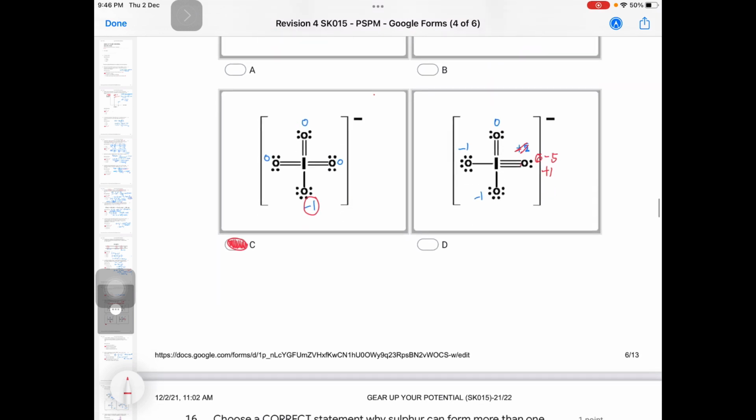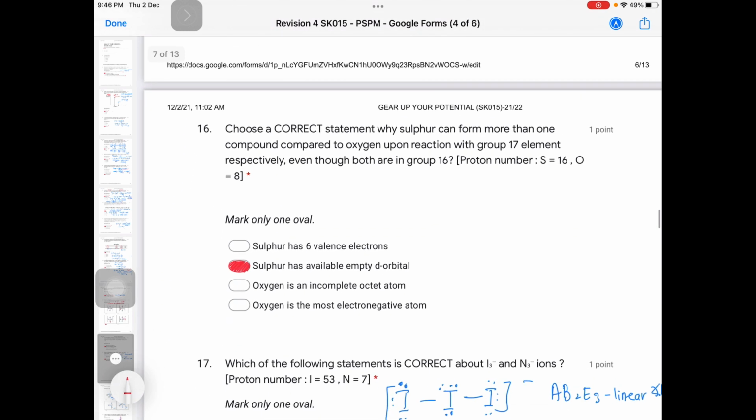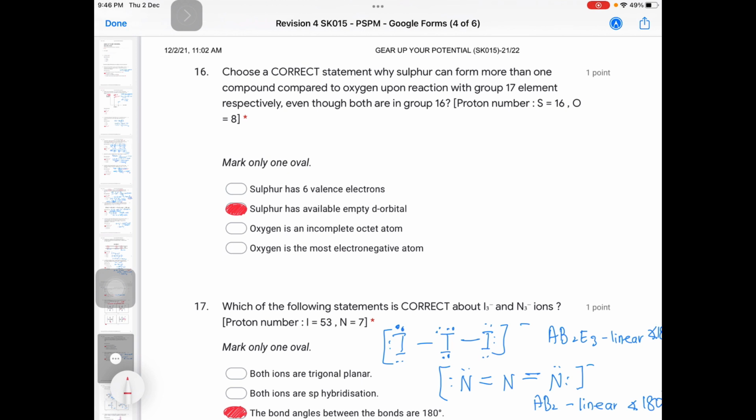Okay, right, so question number 16. Choose a correct statement why sulfur can form more than one compound compared to oxygen upon reaction with group 17 element respectively. So even though both are in group 16,